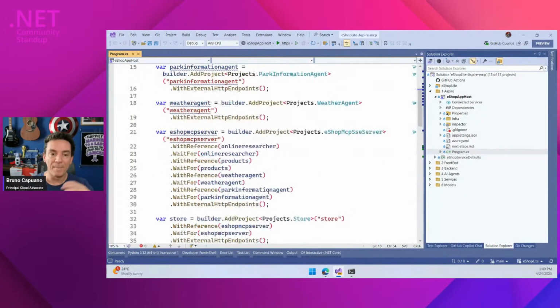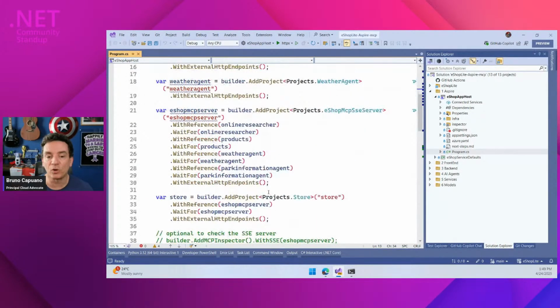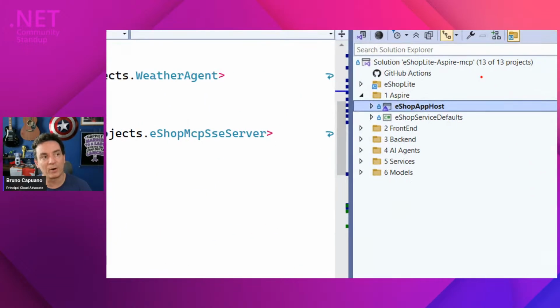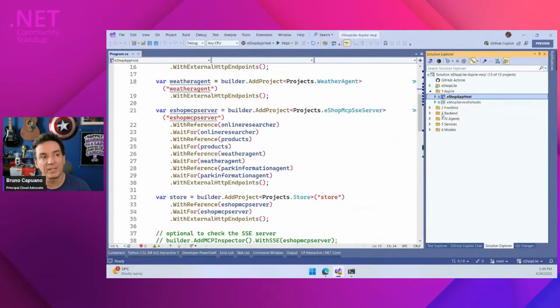The server makes the relationship to everything, and the store only talks with the server, because the MCP server is the one that will solve the question from the user and try to respond. And each one of the solutions is orchestrated and organized in front-end, back-ends, and agents.